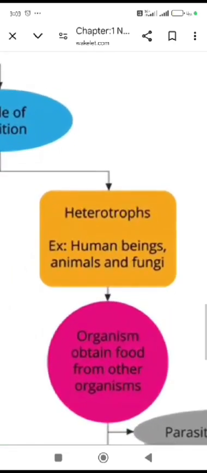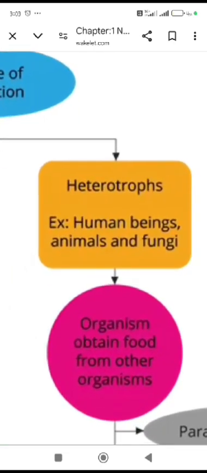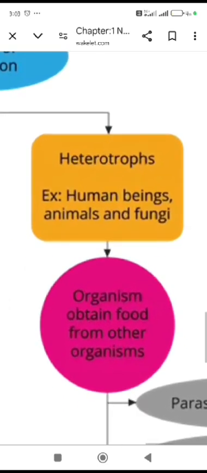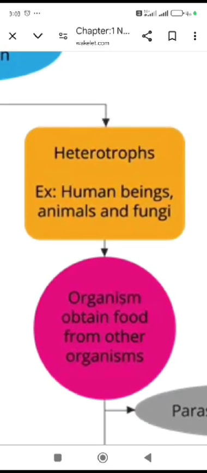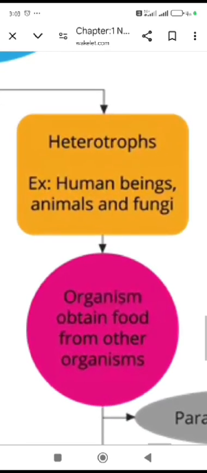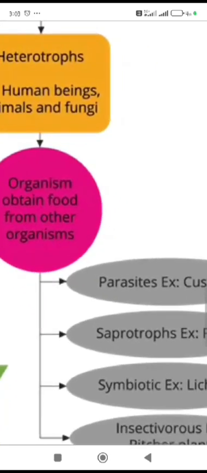Plants, human beings and animals which are not able to synthesize their food are completely dependent on the plants to get food. The plants, human beings and animals which get their food from the green plants are called heterotrophs, and this mode of nutrition is called the heterotrophic mode of nutrition. Now heterotrophs are further divided into categories based on how they get their food from the plants.